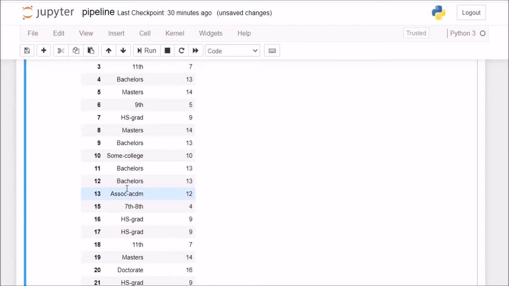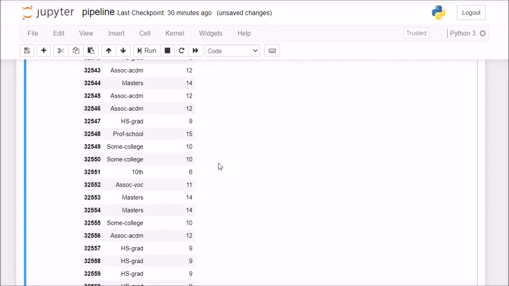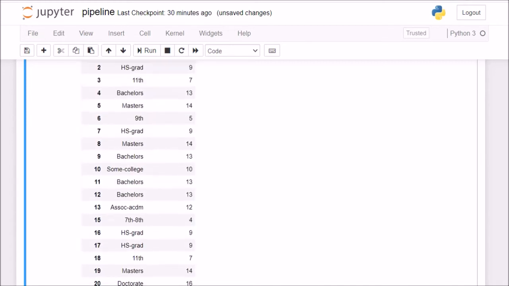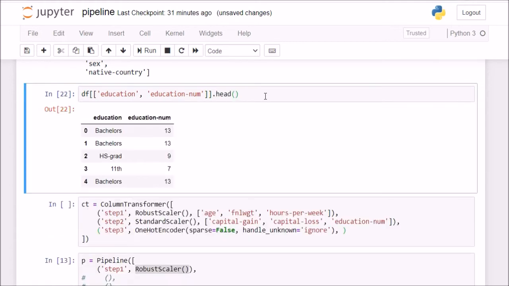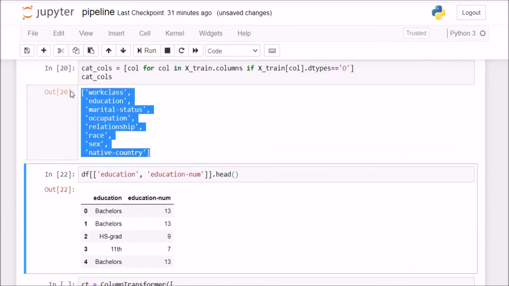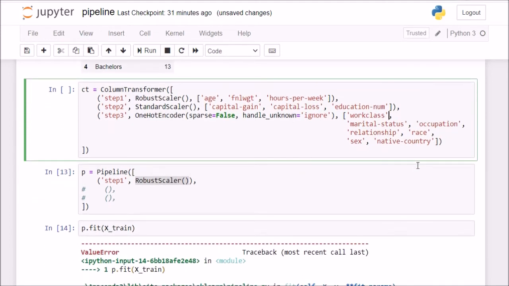Masters was given number 14, prof school was number 15, and doctorate was given the highest number 16. So these two are basically conveying the same data, and we will exclude this education column from our cat cols. So I'll remove this education column from here, and now these are my remaining categorical columns. I'll set remainder equal to drop, which is actually the default, but I'll just mention it here.